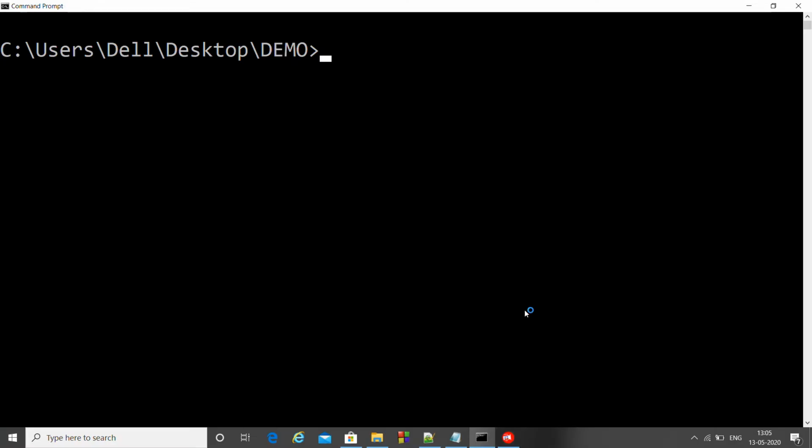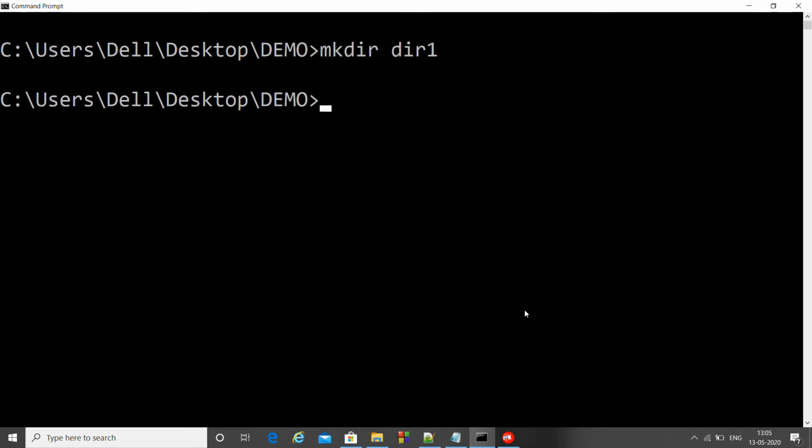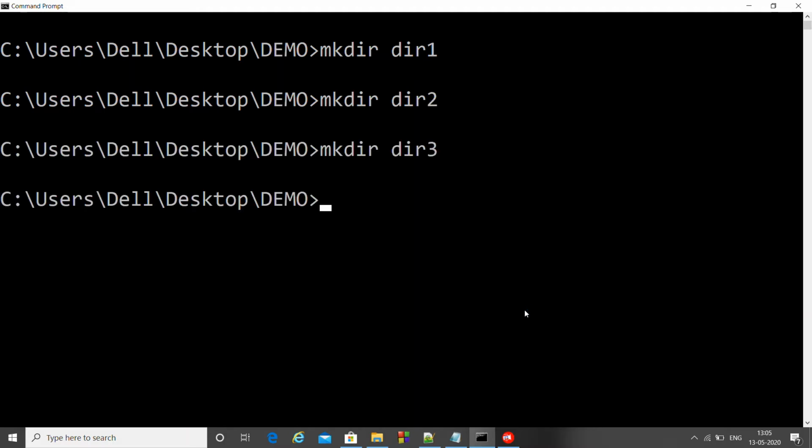In order to demonstrate the tree command, we'll first create sample directories here using the mkdir command and traverse them using the cd command. So let us create the directories first. mkdir dir 1 2 3.